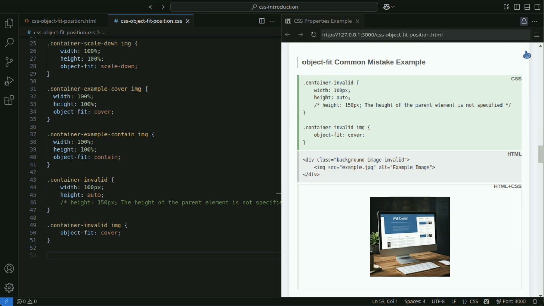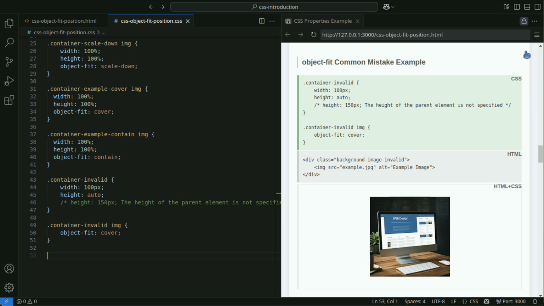Object fit is important, especially in responsive design and websites that cater to various screen sizes. For example, it is useful in the following cases. When you want to adjust images or videos to display correctly on different devices. When you want to display background images or similar in full screen while allowing trimming.